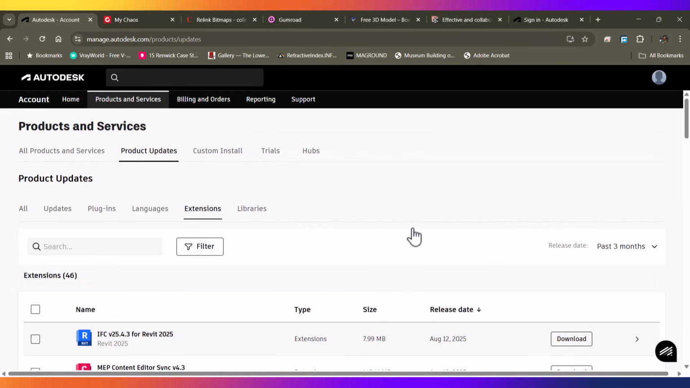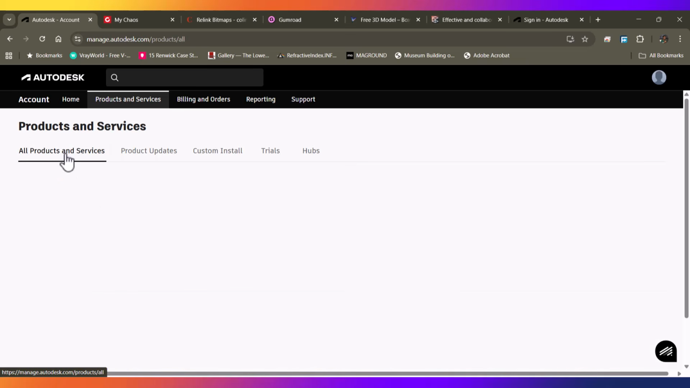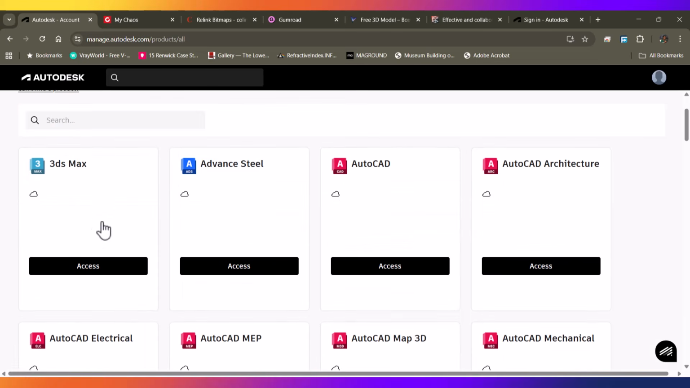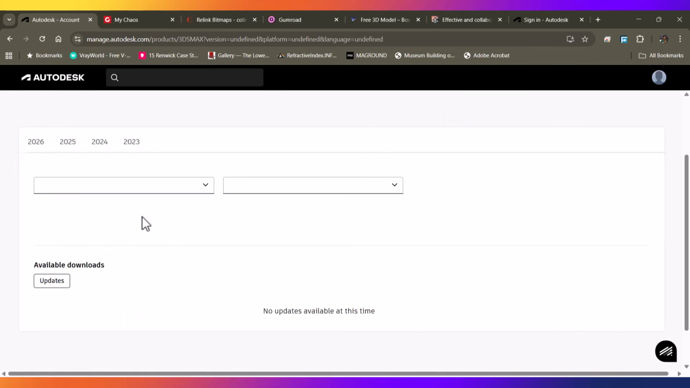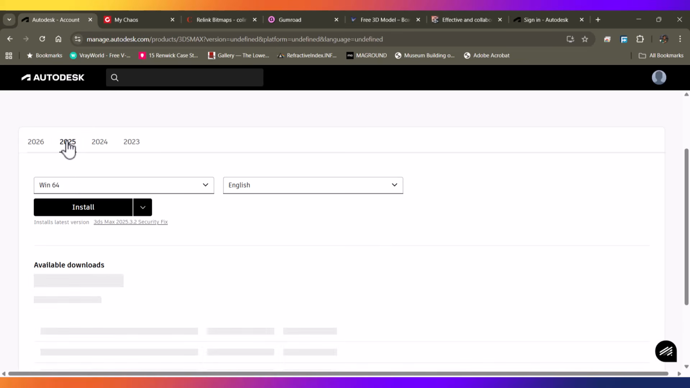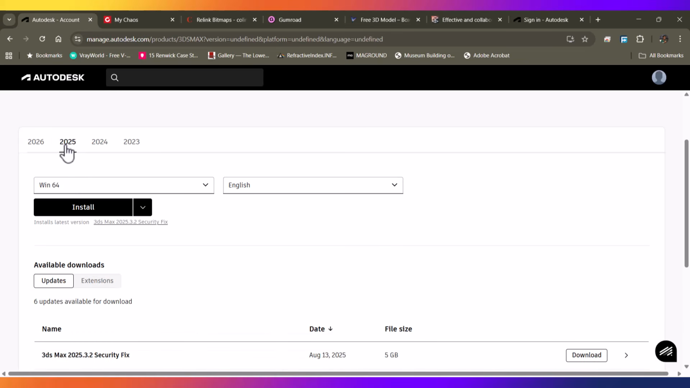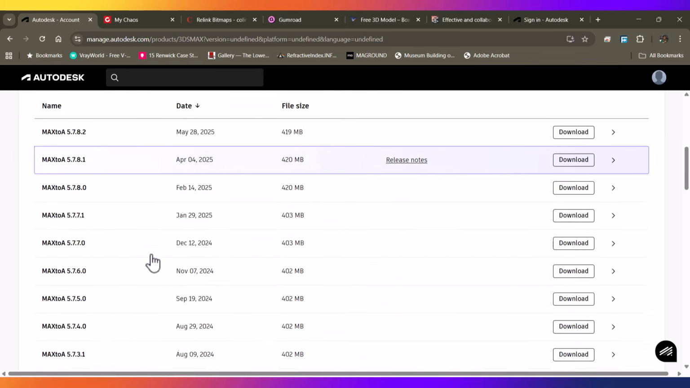But if you are using Revit 2025, 2024, 2023, you are not going to see it under product update. You are going to come back to all products. Then under 3ds Max, you are going to select 3ds Max. You are going to choose the version, 2025 if your Revit is 2025. If your Revit is 2024, you are going to select it. If your Revit is 2023, you are going to select it. After selecting each version you want, you are going to click extension, and you are going to scroll